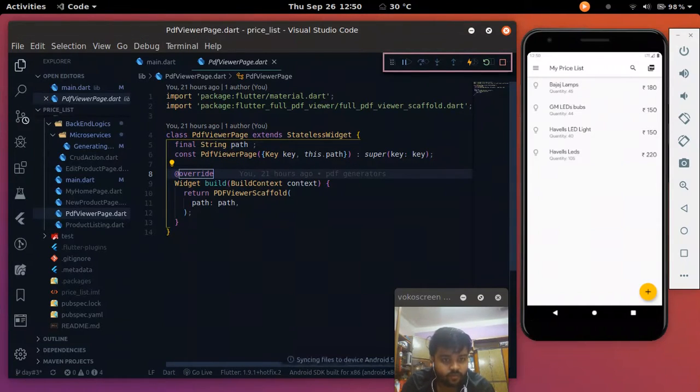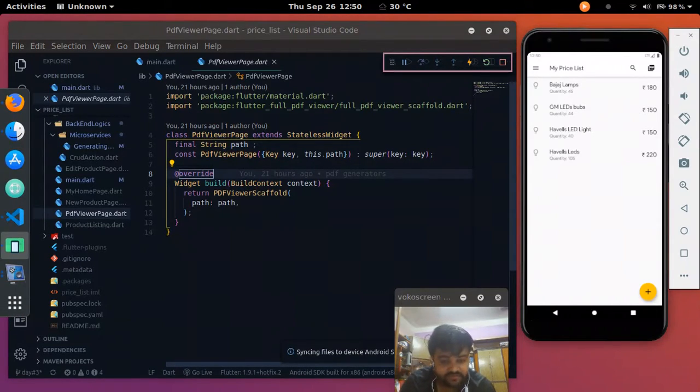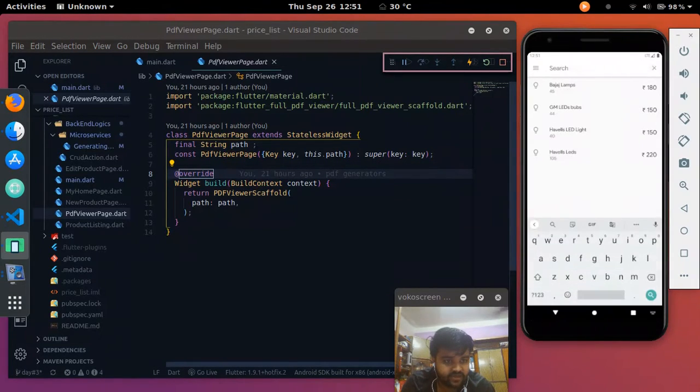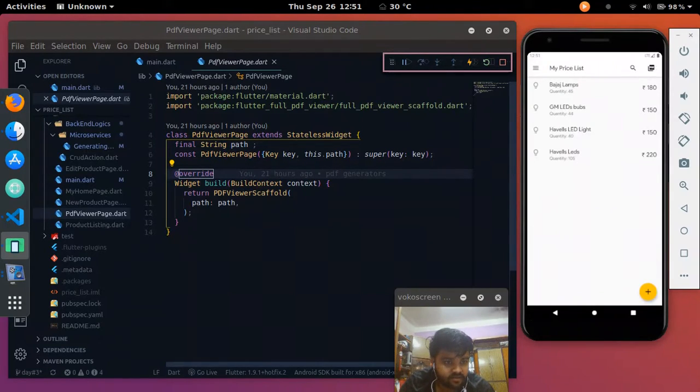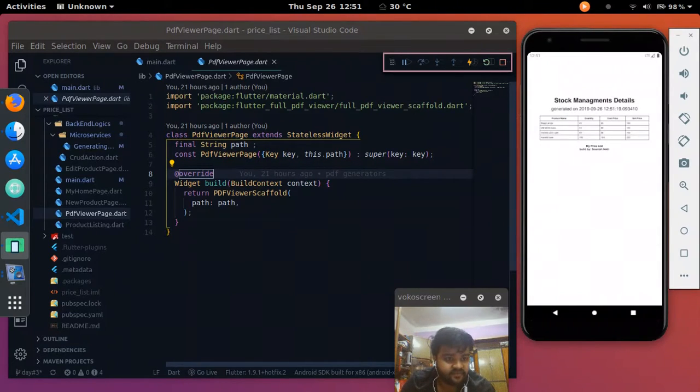And if you want to edit or delete, let's have a delete component, and you can search the data by using this. You can search by item, let's say Bajaj, you can search it like that, and you can delete the data and press the back button. You can see the PDF. Yes, this is the stock management.